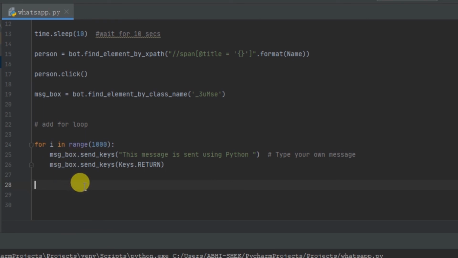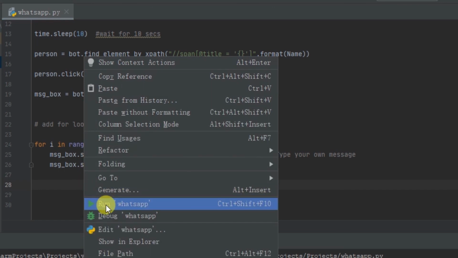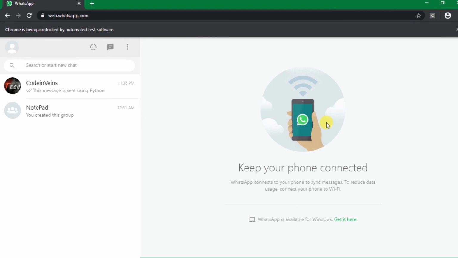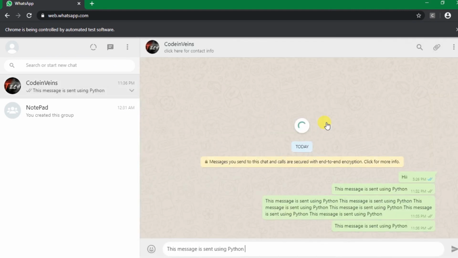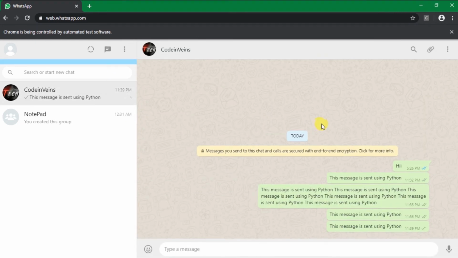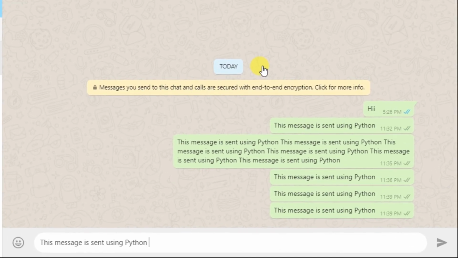Now, if you run this again, you can see continuously messages are getting typed, and this will continue until the last message is sent.